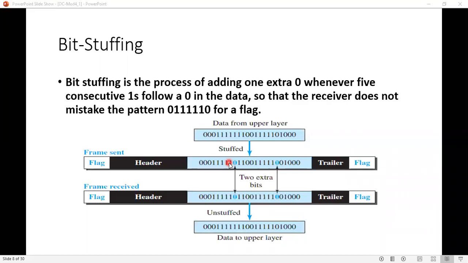So what you can do is add one extra bit, that is 0. But where to add the extra bit?